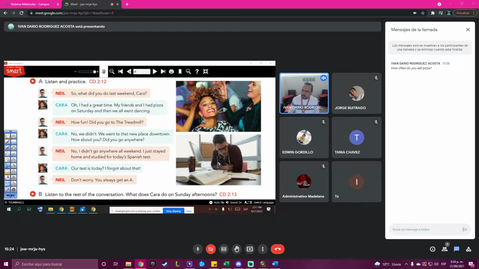Well, the treadmill, I suppose you learned that word because when we were talking about physical activities in the gym, remember that the treadmill is a machine people use to run inside the gym. In this case, I suppose that one is the name of the bar or the club they went dancing. Yeah, maybe that's the name. It's a little strange, but the name is the treadmill. Why? We have no idea, but that's the name. Okay, all right.